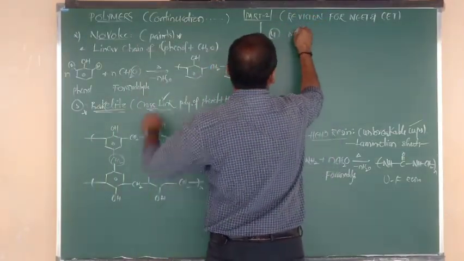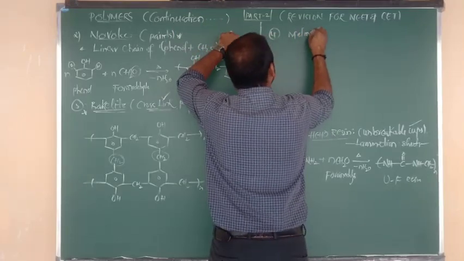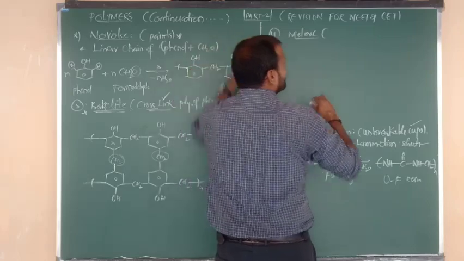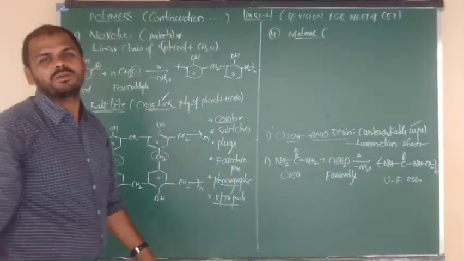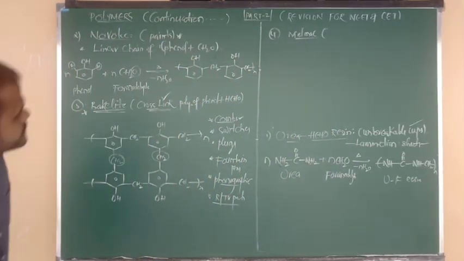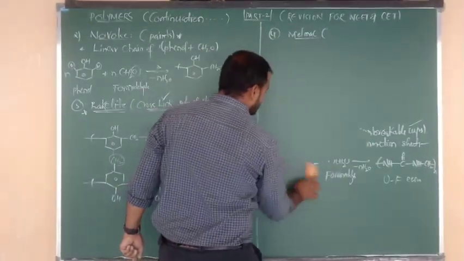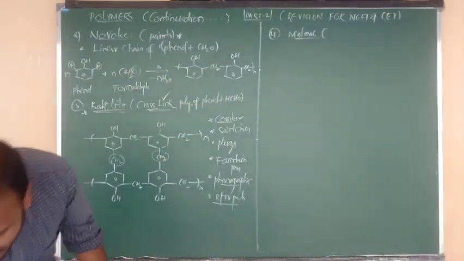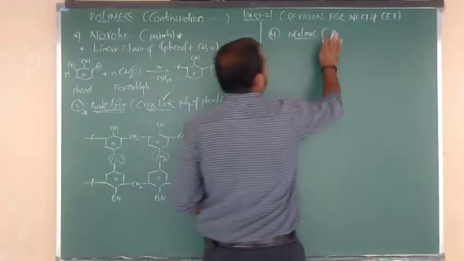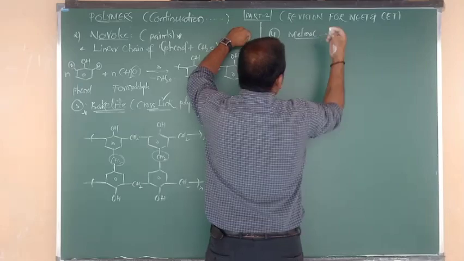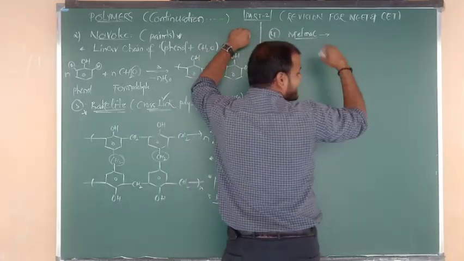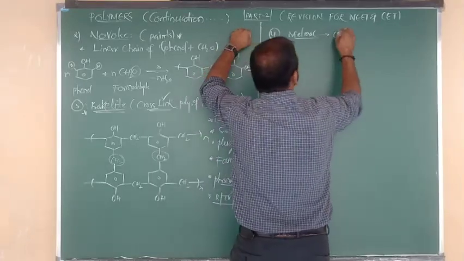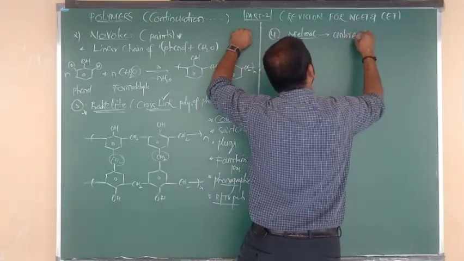Okay, now good. Next, in the resins category, the fourth one I am going to tell you now. That is nothing but the melmac. What is meant by melmac? Melmac contains two monomers. One is nothing but melamine. One more is nothing but what, beta? Formaldehyde. Yes. So let me tell you first of all the uses of melmac.